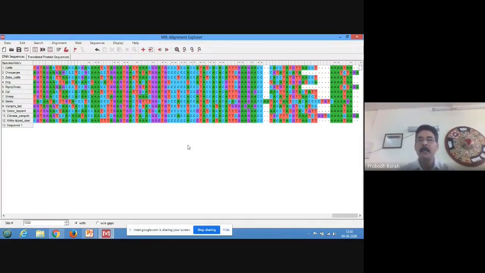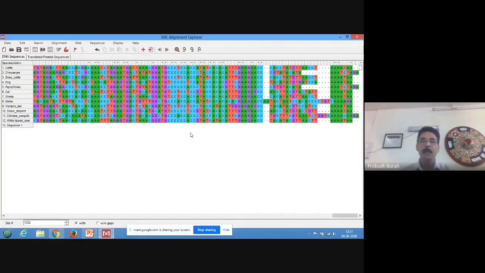Clearly recognizable large-scale similarities across different sequences exist or not. Now we see that large-scale similarities are not there because in many places there are mutations across different sequences. There are a lot of mutations here and there. So by and large, the sequences are not similar. So we will not go for maximum parsimony method.